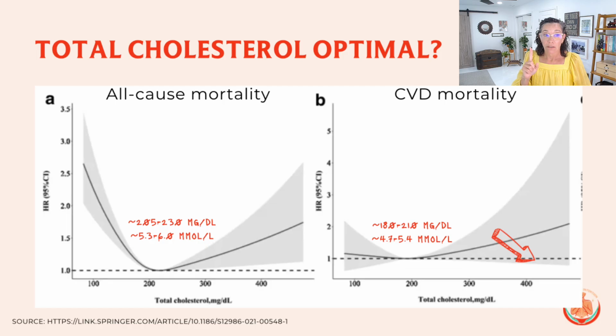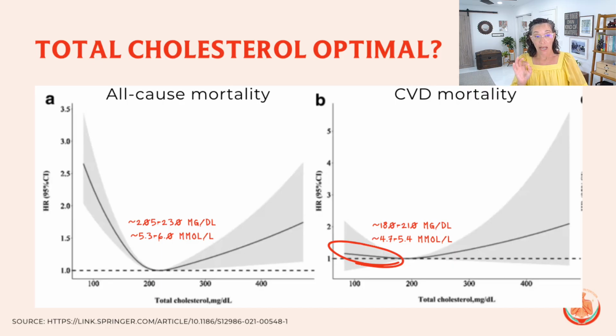Plus, at lower levels of total cholesterol, there is a higher chance that you will die from cardiovascular disease than if your total cholesterol is right around 200. And that's what we see right here. This black line starts to go back up, as does the majority of the gray area. That means that some people are at a greater risk of dying from cardiovascular disease when their total cholesterol is less than 180 milligrams per deciliter than when it is higher.